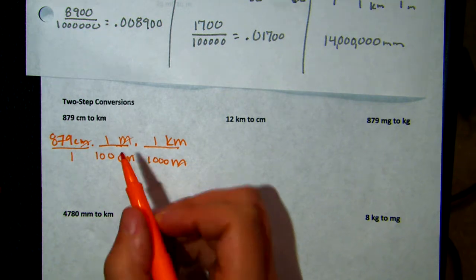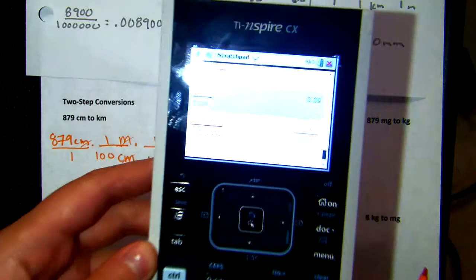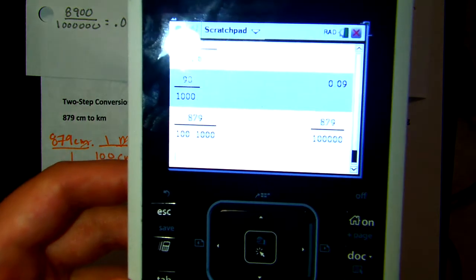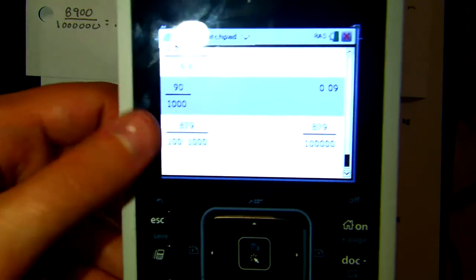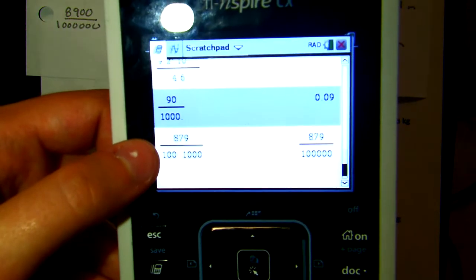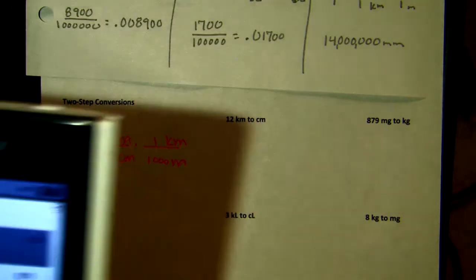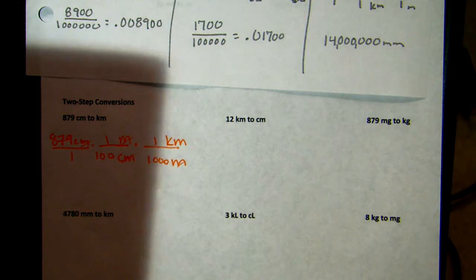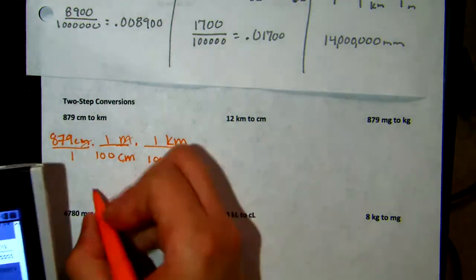I got 879 over... let's see, can you see my calculator? Kind of. That's what I got. So I put 879 over 100 times 1,000. That gives me that. If I want it as a fraction, I'm going to either do that again and put a period in my denominator, or I'm going to convert it to a decimal, and I got